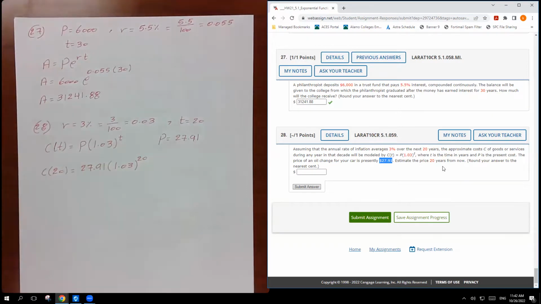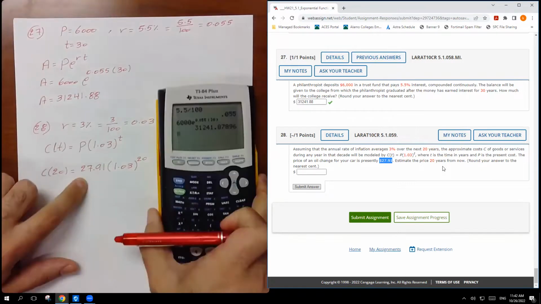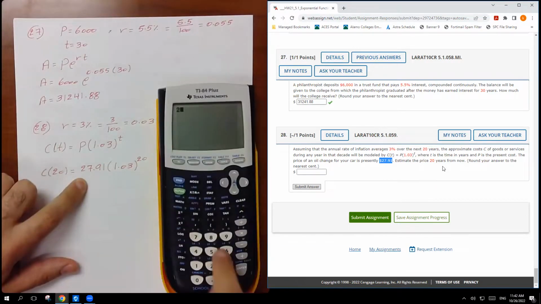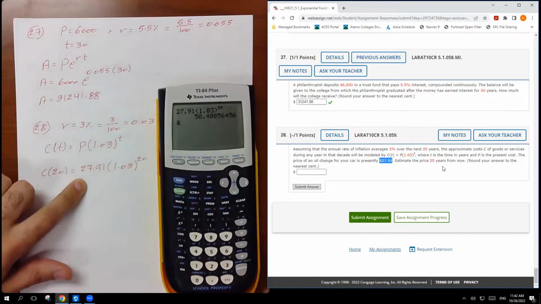So we're going to plug in this part. You're just going to say 27.91 times 1.03, close the parentheses, to the exponent 20. And how much is going to be